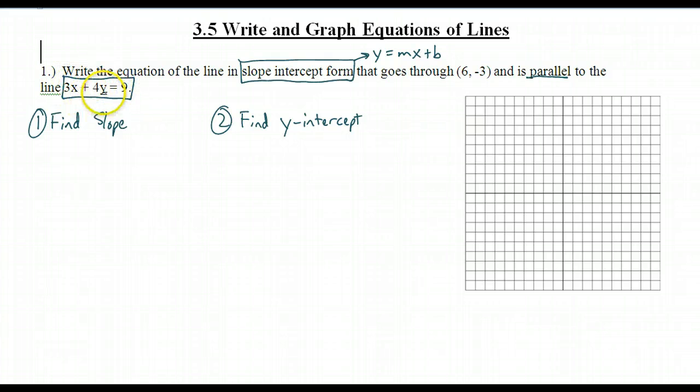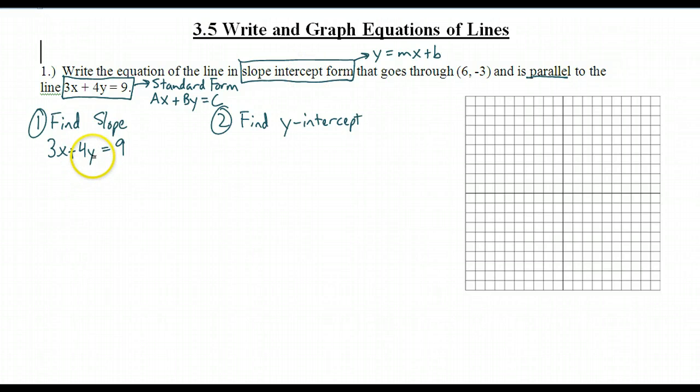Looking at this line, it is not in slope-intercept form, it's actually in standard form. Standard form is a way to write an equation of a line where we have a coefficient of x plus a coefficient for y set equal to a constant. So in order to find the slope of a line in standard form, we need to convert it to slope-intercept form. So we're going to start with 3x plus 4y equaling 9 and convert it to slope-intercept form by solving